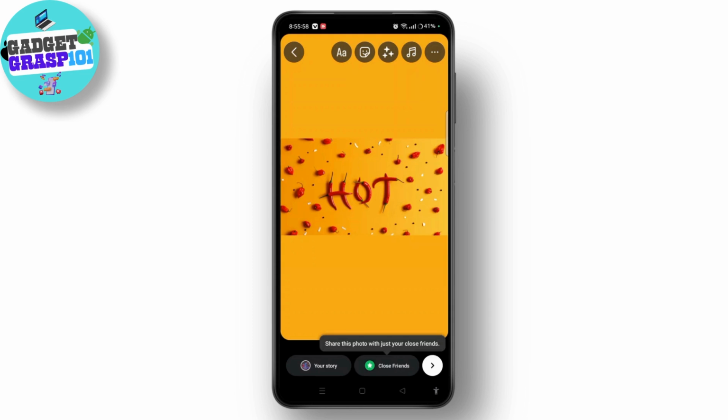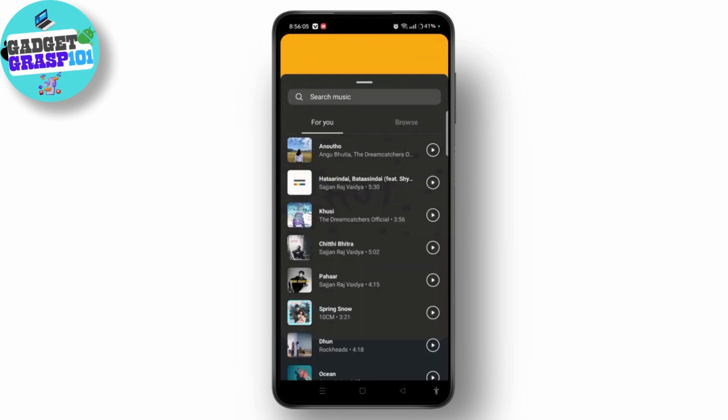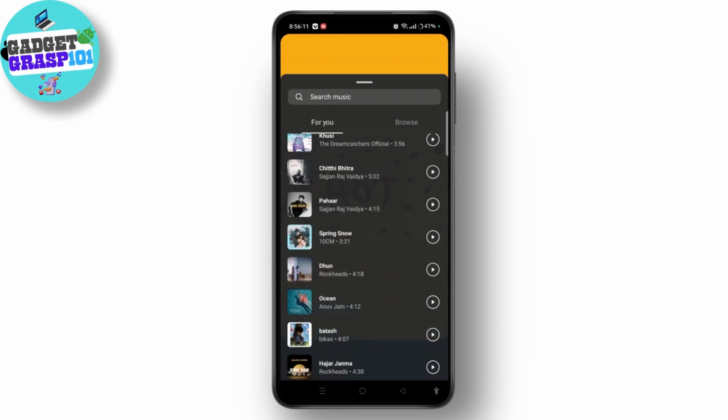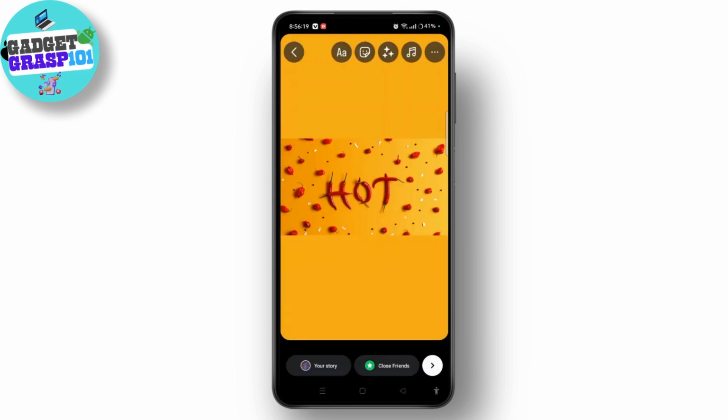So once you have selected, you can select the music icon at the top right corner of the screen and choose any music from this For You section, or you can also browse or then search using the search icon or the bar. Once you have selected, you can come back, and then